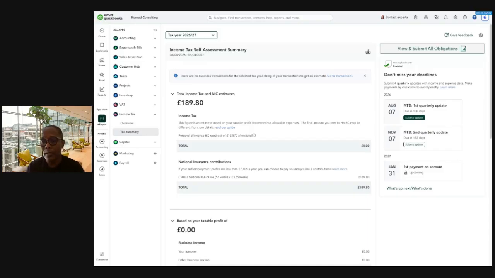So for this particular account, you can see we've submitted 3 quarters. We still have to submit the 4th, which is due in 5 days, so it's due on the 5th of May. We will go in and submit that. As you can see at the bottom as well, you can see a calculation. This is a test environment, so these figures have no particular meaning, but you can see there's a calculation based on the information HMRC has already received. And if I go and click on Send Update,